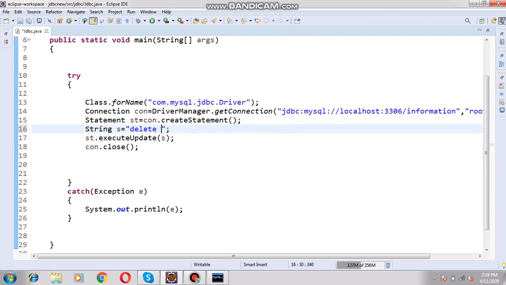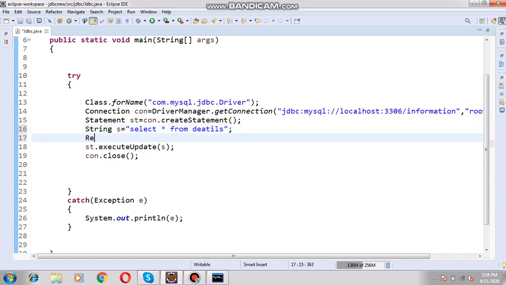For that, what do we have to do first? I have to use select star from, and the table name is details. After that I have to use the result set. I am giving rs, so rs is the object of the result set.